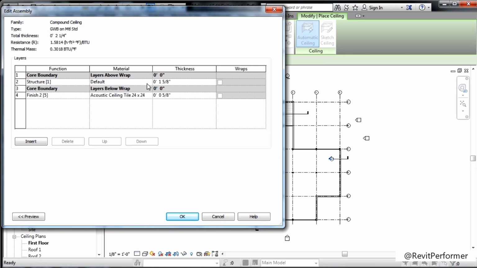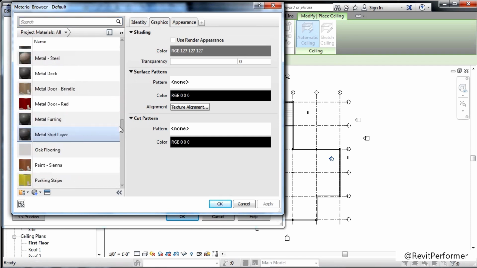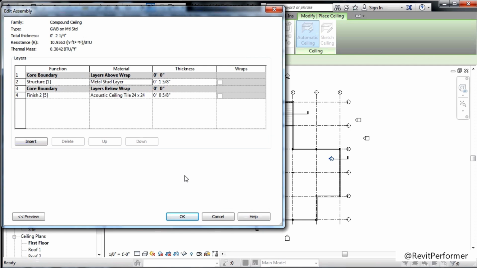I want a metal stud material for the structure, so click where it has default and then select the button. Look for your metal stud material. Click on the metal stud layer, then click on OK. For the overall thickness of the metal stud layer, let's change this to 3 5/8. For the finished layer, and that's going to be the gypsum wallboard layer, it will be 5/8 of an inch